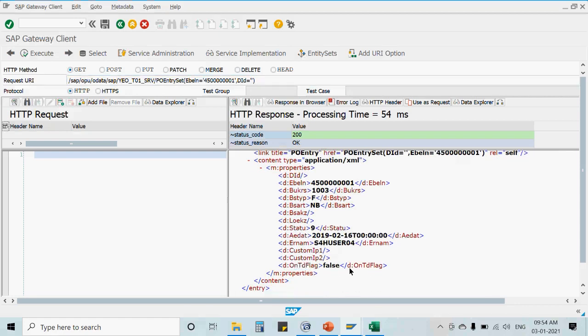So if you see, there is a boolean parameter, EDM boolean. By default, its value would be false. If we have it mentioned somewhere, then it would automatically turn to true, if we are passing it as true. Okay. Second thing